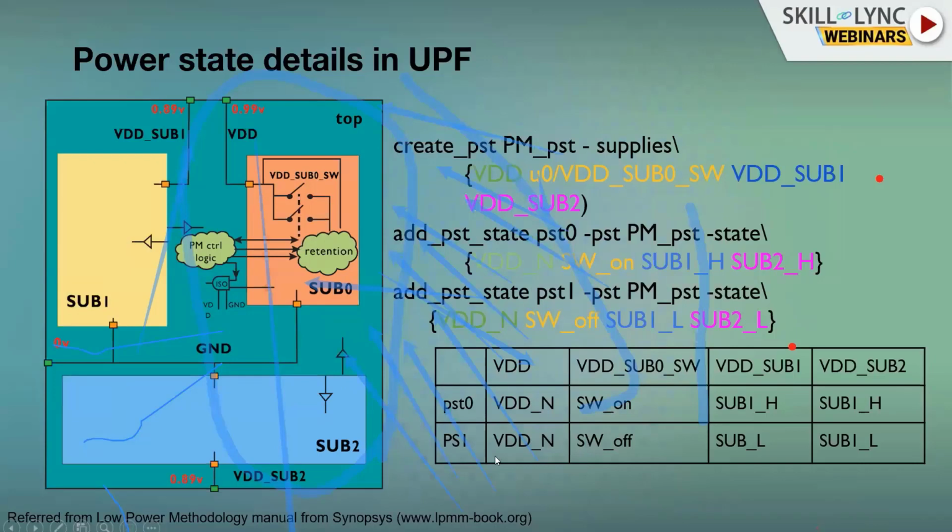In the next sequence, this is on the same supply, and this is going off, and this we are converting into a lower voltage. So if you see this table, we have a crossing. If you have any crossing from state to state, that means we need an isolation. That is what our tools try to check, to make sure we are not missing isolation or that we have isolation on those paths. That is the importance of the PST table.